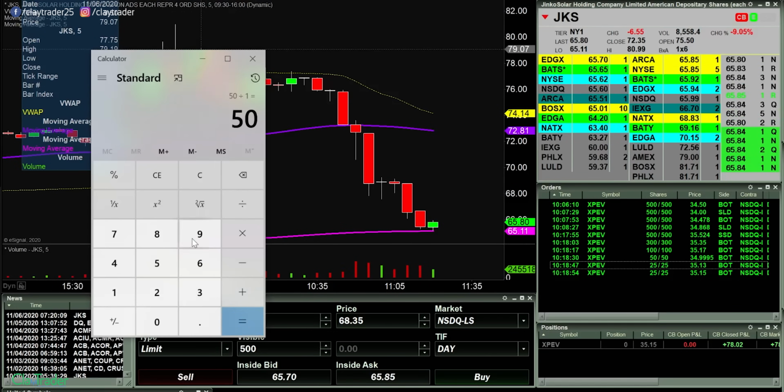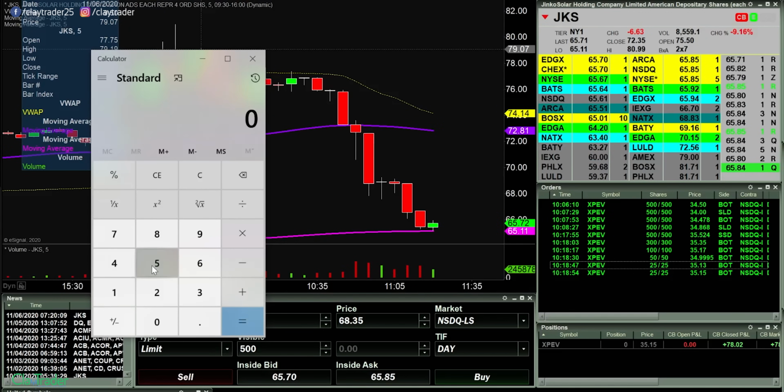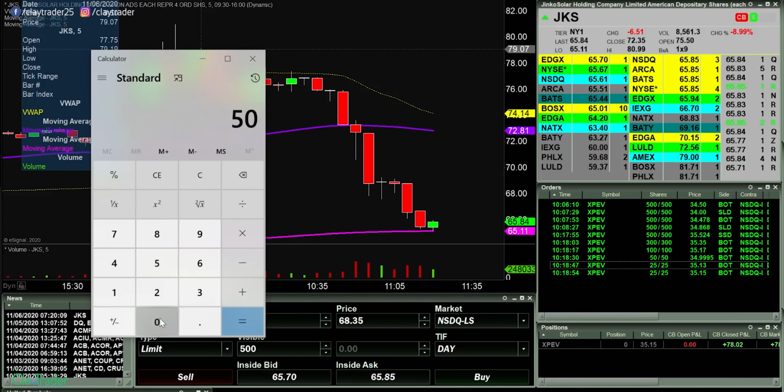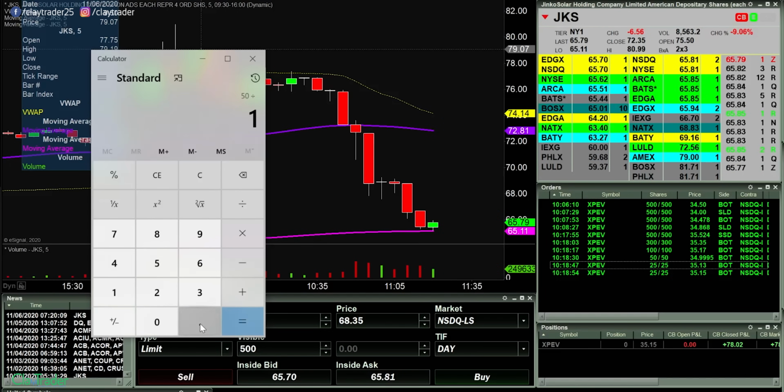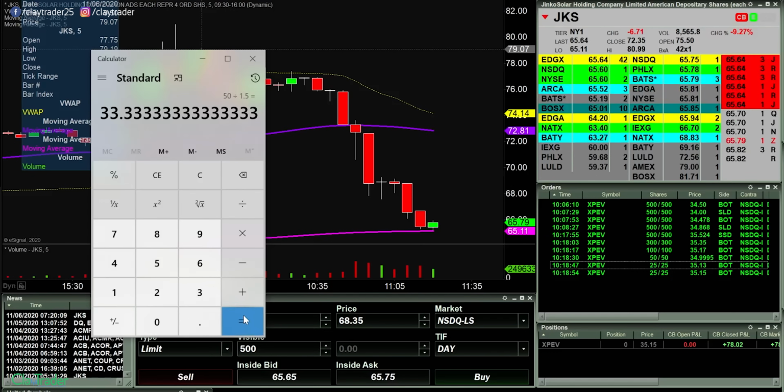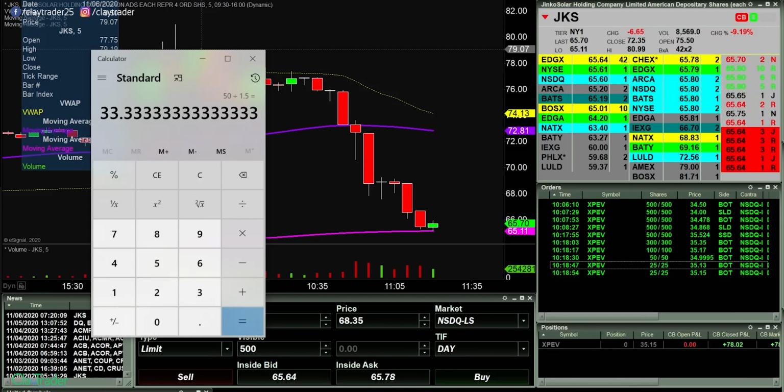Just for example's sake, let's say that I thought I could actually be losing $1.50 per share. Well, in this situation, again, start off with the amount that you're okay with losing, $50, and then you divide that by whatever amount you think you could lose per share. Like I said, in this made-up situation, I think I could potentially lose $1.50, which means I would then want to take 33 shares in the position.